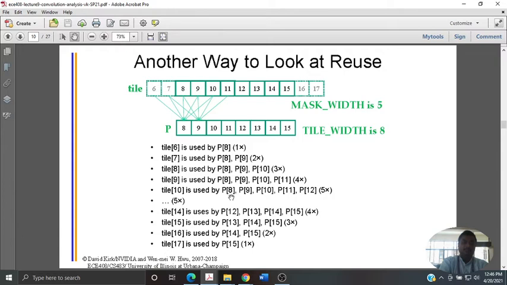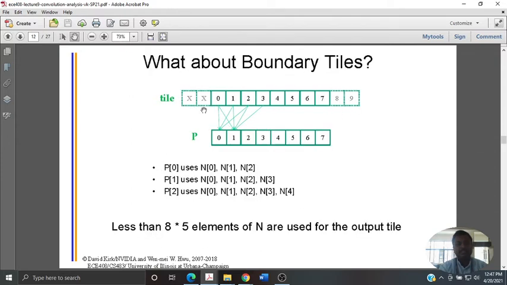Yes. What about the boundary conditions? So basically, you are not using this. Maybe for only one computation you are using this. So maybe the first tile at the beginning or at the end you are using it. So less than 8 into 5 elements of n are used for the output tile. So not exactly 40 elements. So there is a reduction in the number of elements that are being used, and hence it has become 12